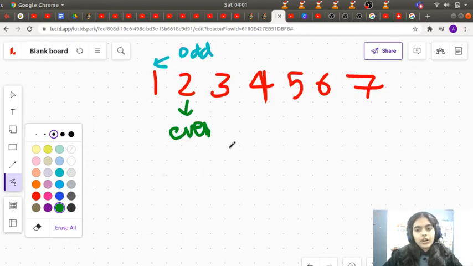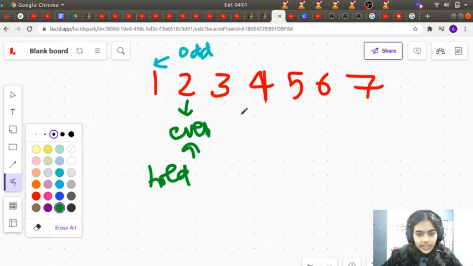Now remember we have to attach both of these at the end, so we will also have to give a hold pointer that is going to hold this value, so that at last we are able to attach this to the odd elements, because even will iterate throughout and even will become the last element, or even will become null. So odd will also iterate throughout the linked list. So to hold the head of the even elements, I will have to give a hold pointer.